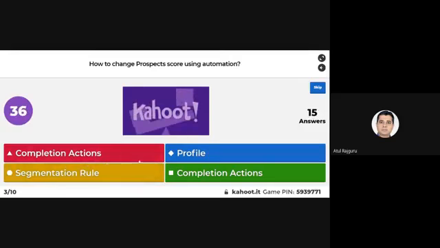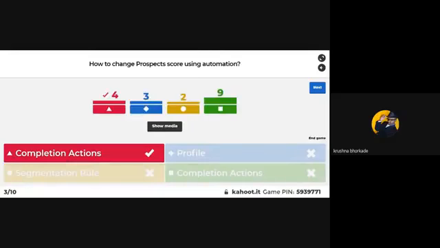Is it completion action? Is it profile? Is it segmentation rule? Is it completion action? We got 17 answers, so I think everyone has answered. There are two completion actions, I think. Two options. Okay, so you got like 75% as a